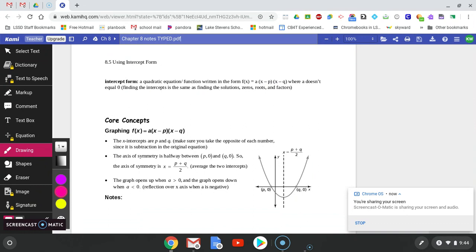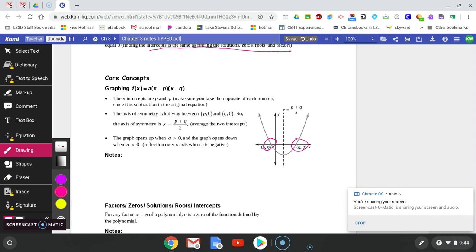Intercept form is nice because it tells us our x-intercepts. Finding the intercepts is the same thing as the solutions, the roots, the zeros, the factors. All those mean the same thing. So we're finding where it crosses the x-axis. If we want to know where it crosses our x-axis, and it is in this format here,